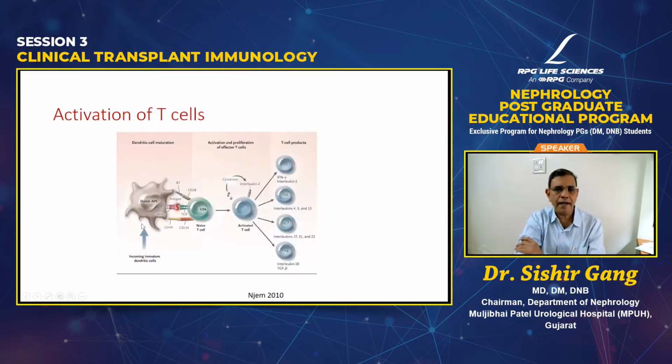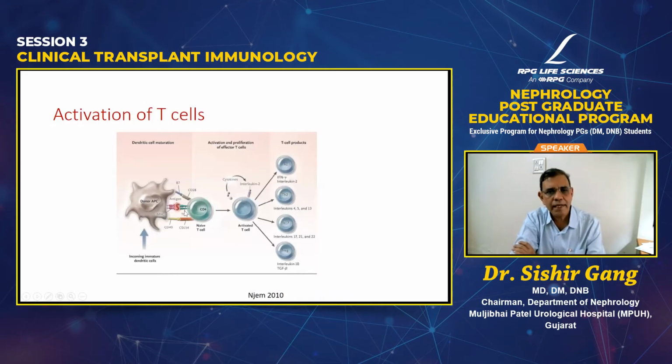Once the antigen is presented to the T cells, as we all know, this engagement of the antigen on the donor antigen presenting cells and the T cell receptor of the CD4 cells by itself is not sufficient for the naive T cell to become activated. It requires a signal from co-stimulation. There are numerous co-stimulatory signals, but the one which is best studied is B7 and CD28. CD28 is present on the CD4 cells, and B7 is present on the antigen presenting cells. In the absence of co-stimulation, the activation of the T cell does not happen.